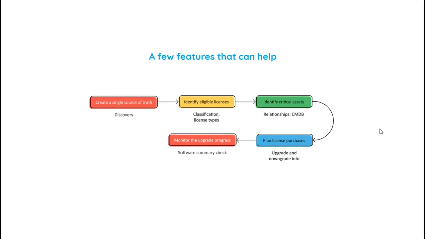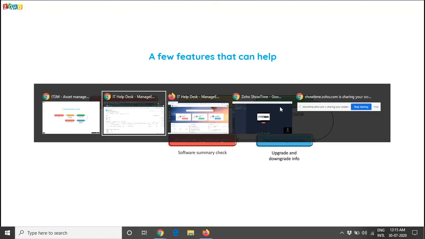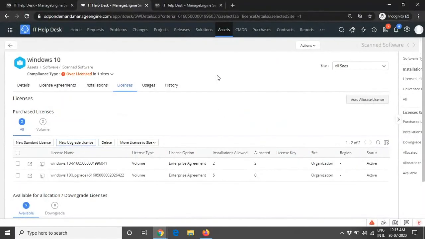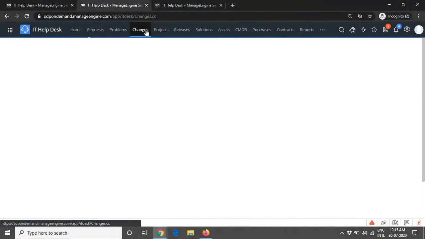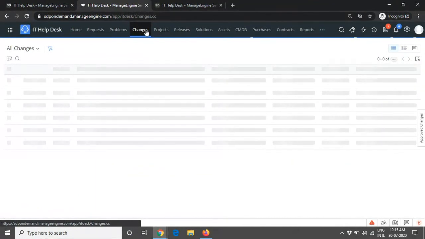Basically, you need to discover all these assets by making use of the various discovery techniques we saw today. You could identify eligible licenses. You could classify the licenses into different types, and you get to identify the critical assets. So talking about critical assets, if the organization or institution has a critical server involved,